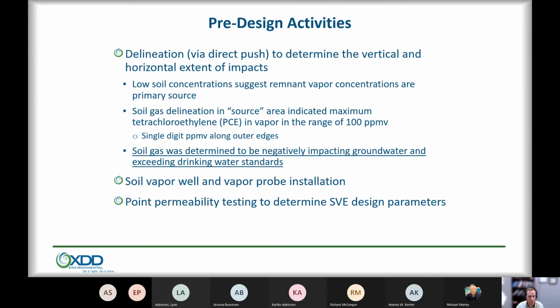So as Mike mentioned, based on the low soil concentrations and the slightly elevated vapor concentrations, the overall site conceptual model was that we had essentially vapor deposition into groundwater, and that was causing those low part per billion concentrations in groundwater that were extending from the site source area. The pre-design activities then include some soil vapor well and vapor probe installation, and then some point permeability testing